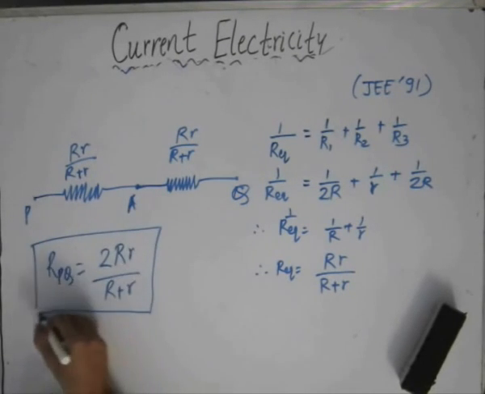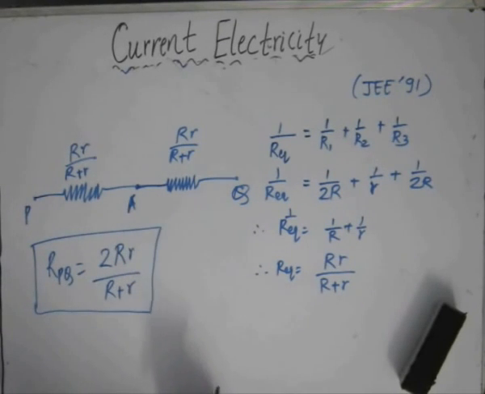So from here, we can see that if we want to solve any symmetrical structure, we can introduce a short circuit path across it, and we can remove all those resistances which